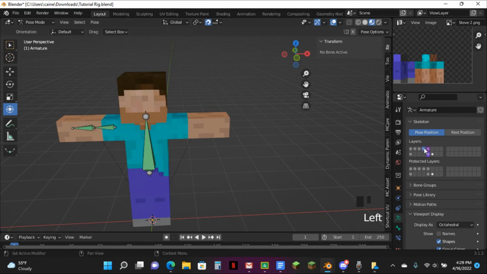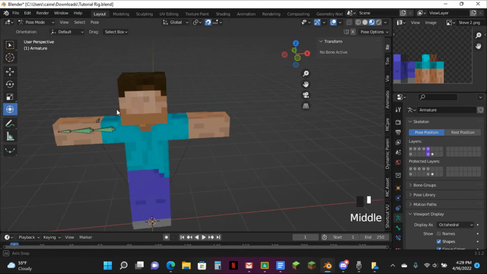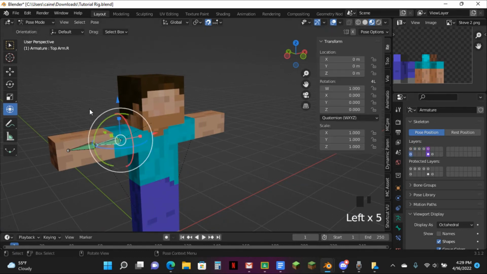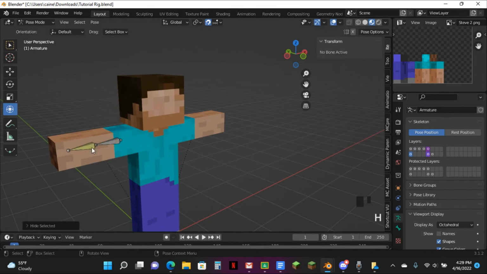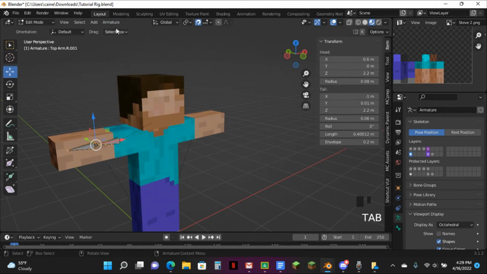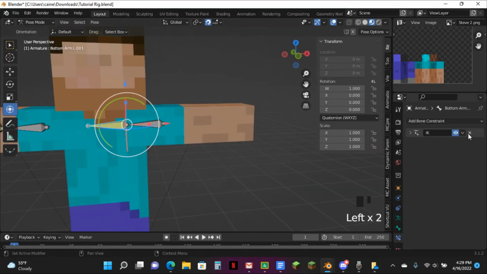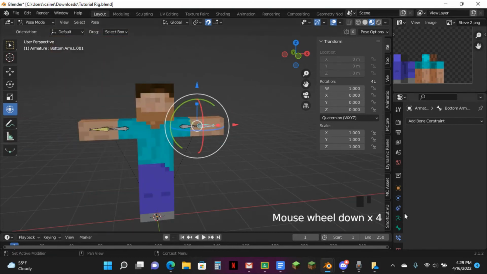And I'm trying to find where I put the IK arms. Where did I put those IK? I'll put the IK arms down here. And then just armature symmetrize. Boom. I'm actually just gonna keep these things all in one bone there